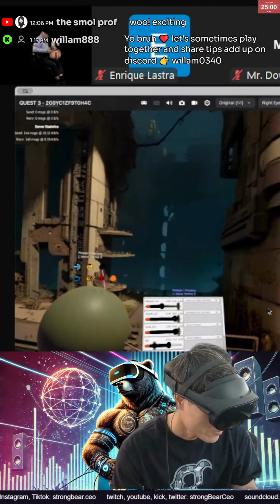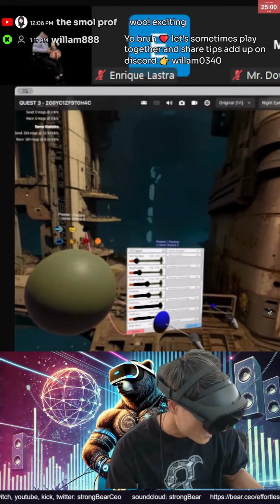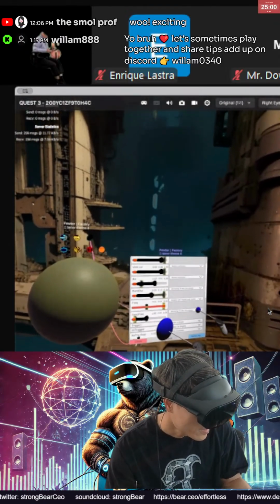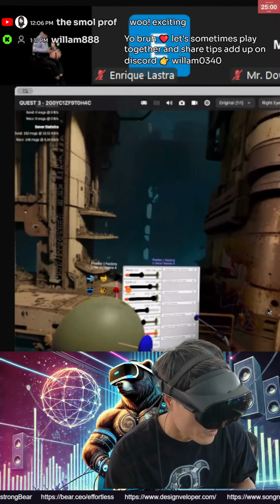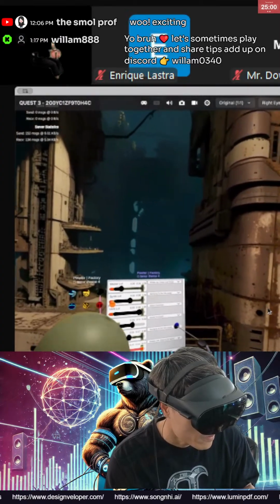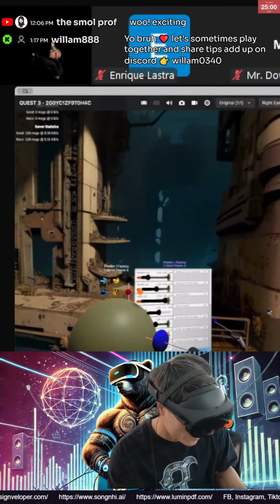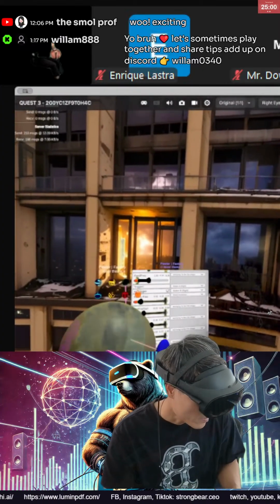Let's see what we can do from here. So we have a list of assignable controls and parameters. So let's say we play something, we can adjust the level, for example. Maybe master volume. This one has a kind of slow attack, right?